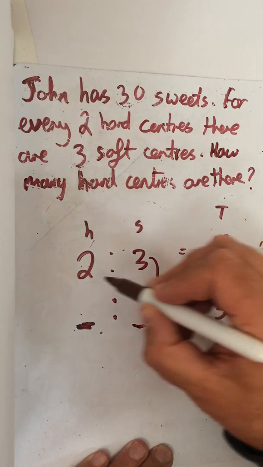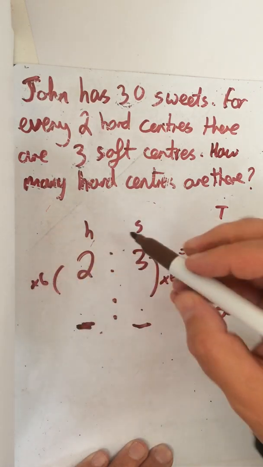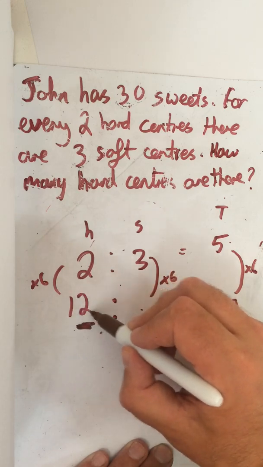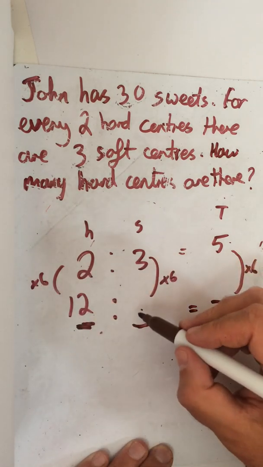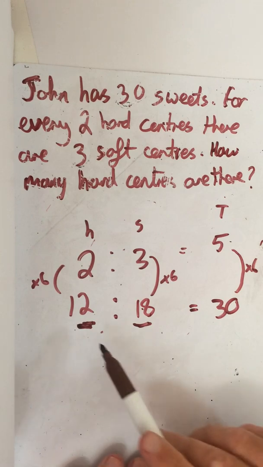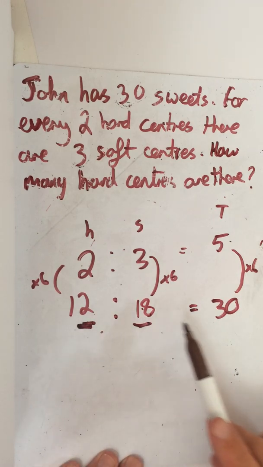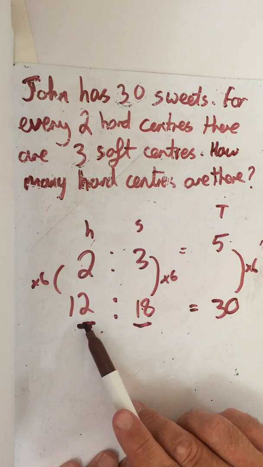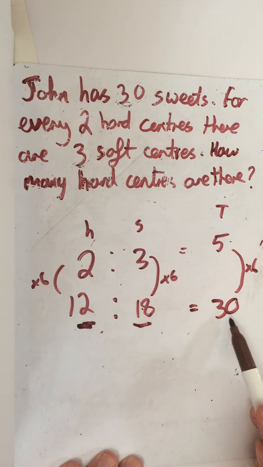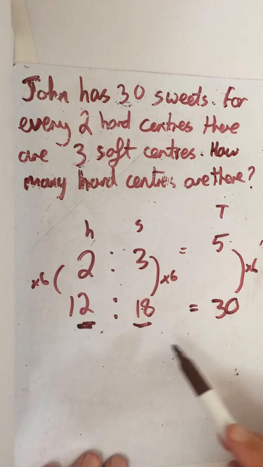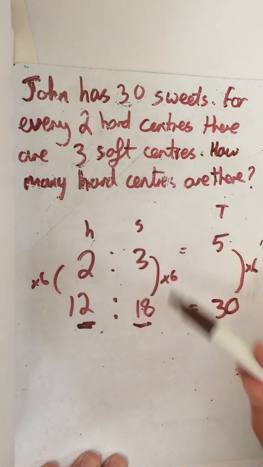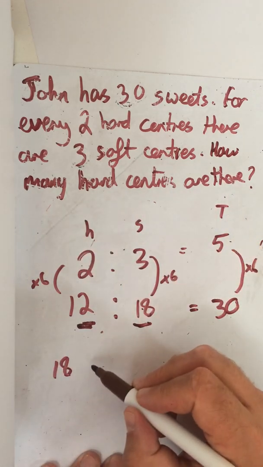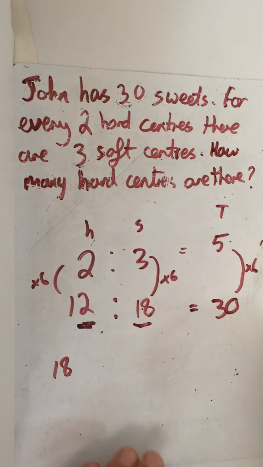So I do the same here. Times by 6, times by 6. So that becomes 12. 2 times 6 is 12. 3 times 6 is 18. And what you can see here, 12 plus 18 is 30. So there are 12 hard centers, 18 soft centers, and 30 in total. So it's asking how many hard centers are there? 12 hard centers. Okay, and again, these